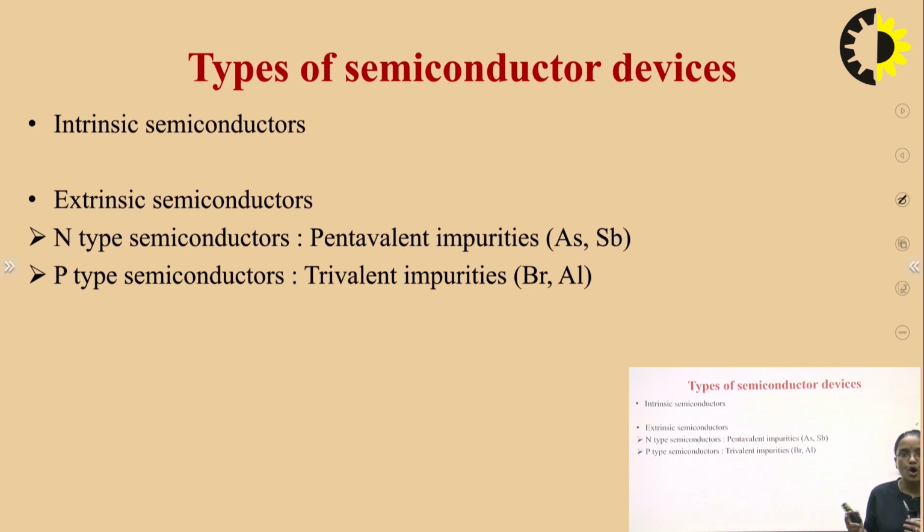So, based on the amount of doping or dopant added, we are classifying our semiconductor devices in 2 categories, which are the intrinsic one and the extrinsic one. In intrinsic, that is the purest form, we are not adding any kind of impurity, and we define it as the intrinsic semiconductor. Extrinsics are those in which the impurities are added. The main objective of adding the impurities is to enhance the conductivity or to increase the efficiency of our device.